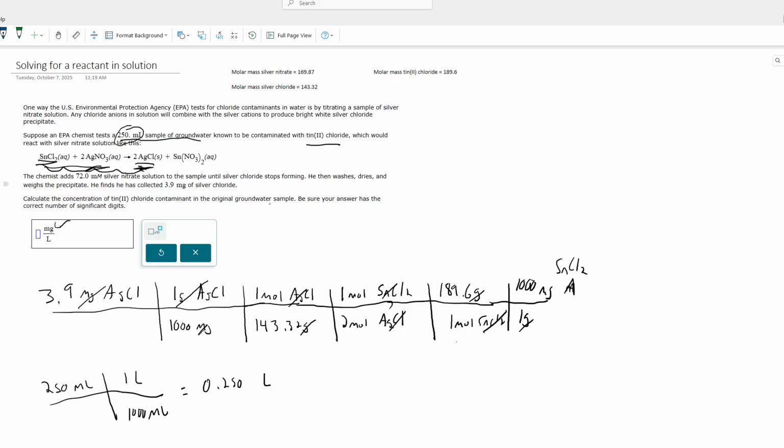And so I am left here with 2.58545 milligrams. Just getting a bunch of decimal places there for now. I'm going to divide that by 0.250 liters to get those units in milligrams per liter. So if I divide that by 0.25, I get an answer of